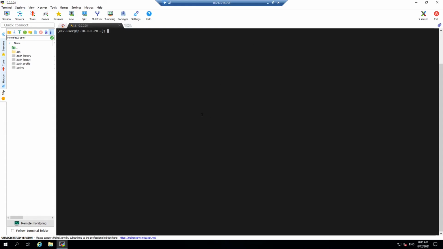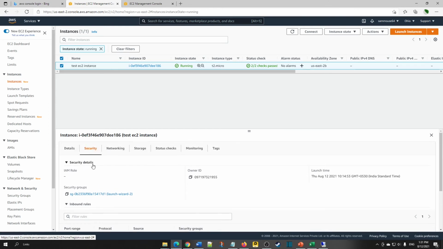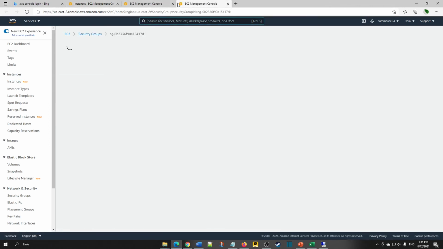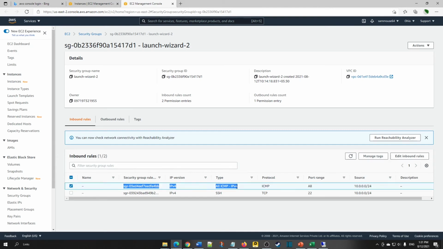After you connect to our East instance, in order to see whether the peering is working or not, there are two methods to test this. The first method is the ping method. We can ping that instance to see whether it is working or not. For this, we need to allow it in the security group. So go to security, click on the security group. In the security group, allow a rule like this. So the type should be, let me show this again.